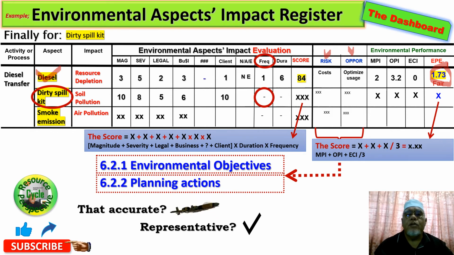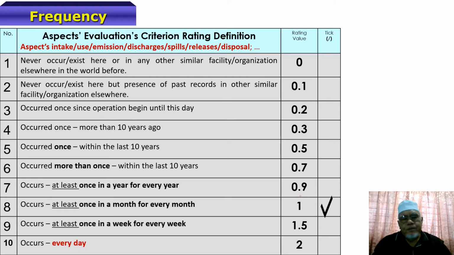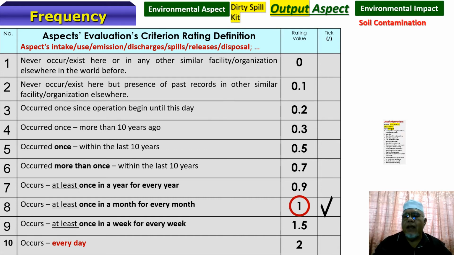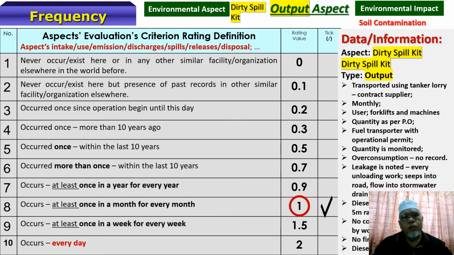as an evaluation criterion. Right now in this video we're doing frequency. So how do we do it? Let's take a look. This is the rating definition that we have developed over the years, and we find this has been helpful and has been, not to say accurate, but representative so far. Okay, it has not proved me wrong.